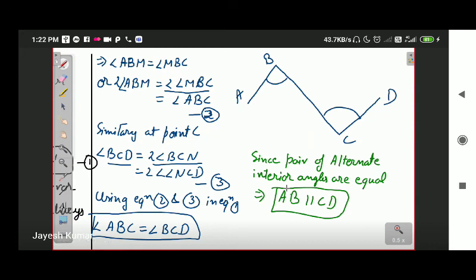Okay. So I know it is a bit hard to grasp all this question at once. What I expect you to do is practice this question again and again, and you will get it. Watch this video if you do not get it the first time. And once again, all the questions of geometry are to be done in your homework copy. Theorems you can discuss in your classroom. Okay. Thank you.